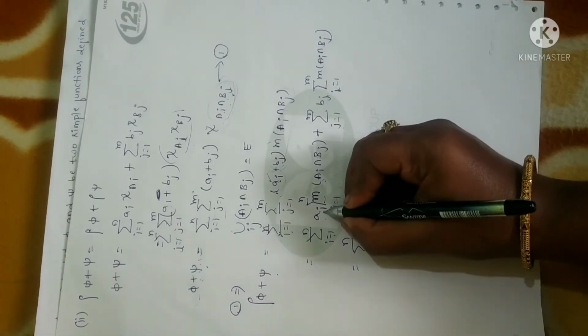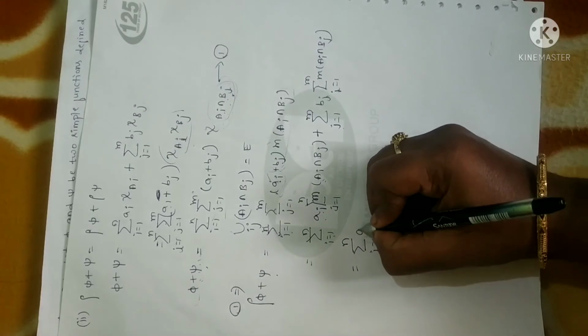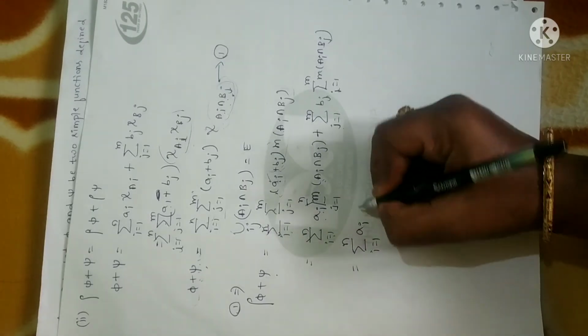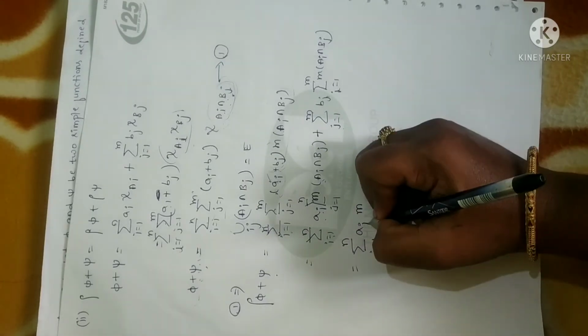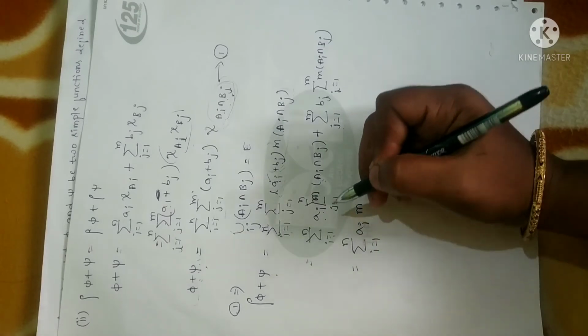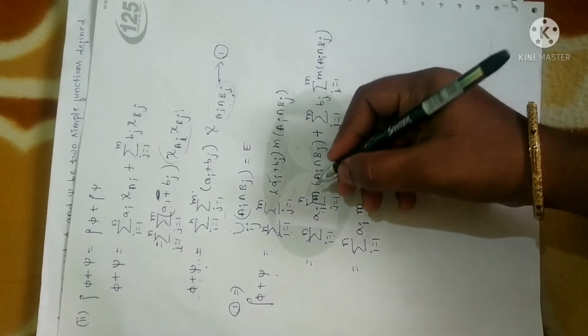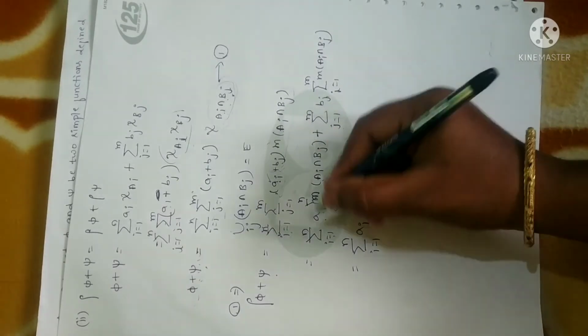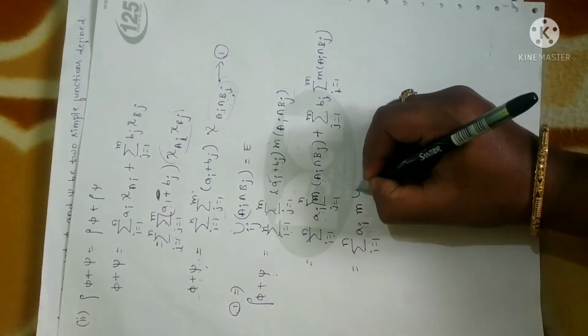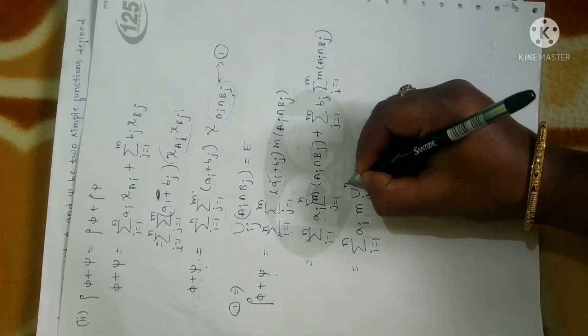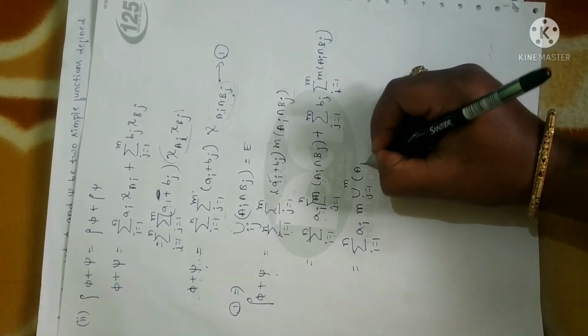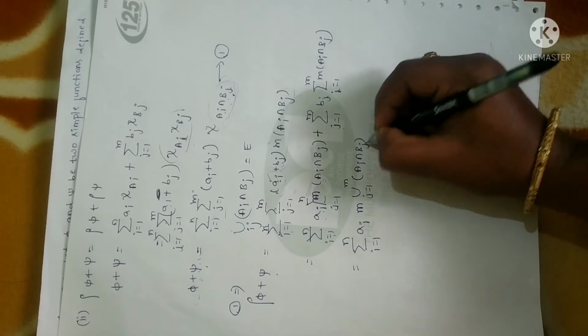Now look at this step carefully. Ai as it is. Now I'm going to take measure outside, so that when you take measure outside, as per the property, summation will become union. That is, when you have union, if you're taking measure you have to take summation. When you're taking measure outside, the summation will become union. Union j is equal to 1 to m Ai intersection Bj, right? So this is one term,